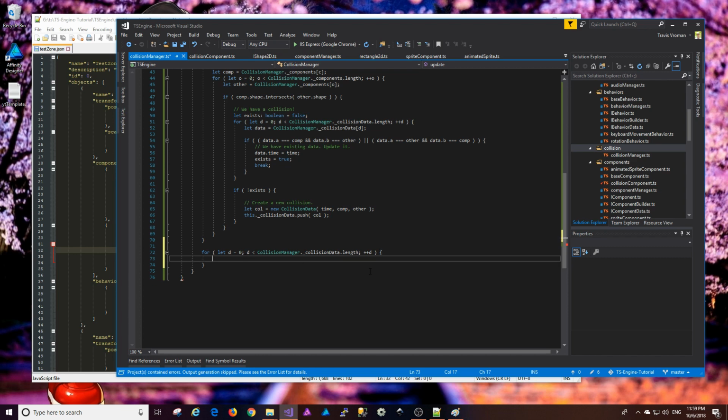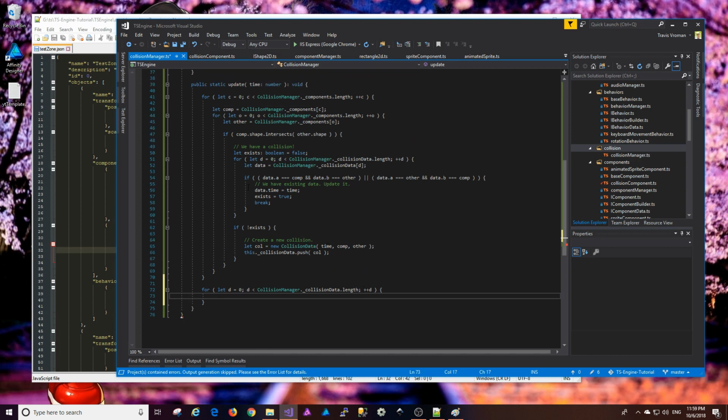And so the way that we do that is, if we had a collision that was updated or created this frame, it will have a time that matches the time of this loop. If it does not match that time, then that means it was created in a previous loop and was not updated and therefore needs to be deleted. So at this point we can say if collision manager dot collision data